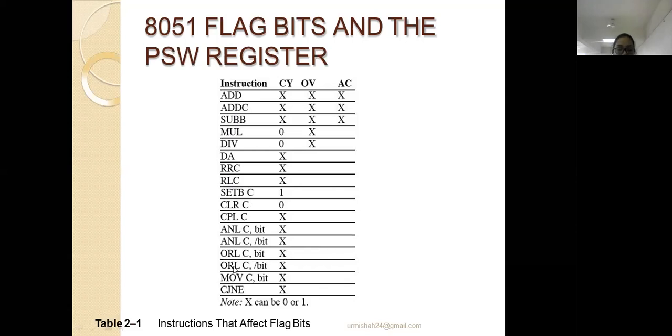Other logical instructions are also there, which are logical AND and logical OR. The working is the same as we have discussed. Instead of add, it will perform logical AND or logical OR between the two data. So just look at these instructions, and if you have any query, do ask me.